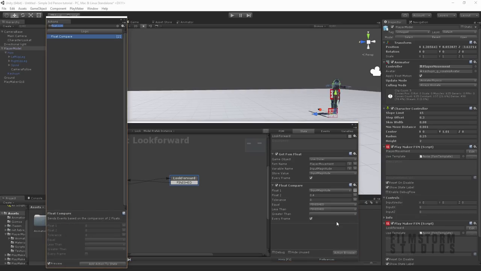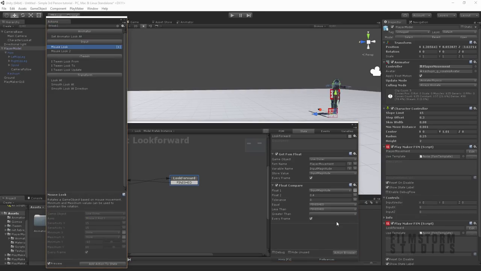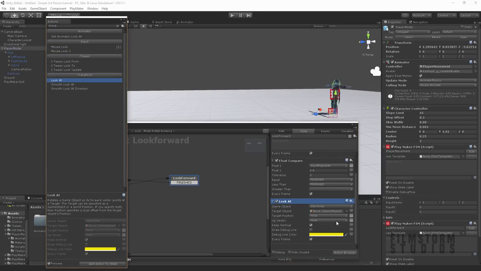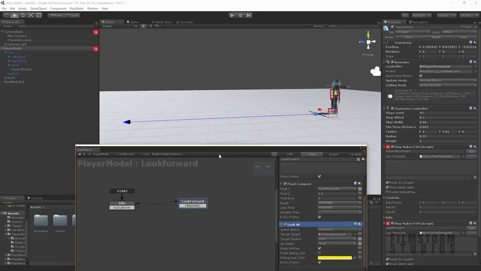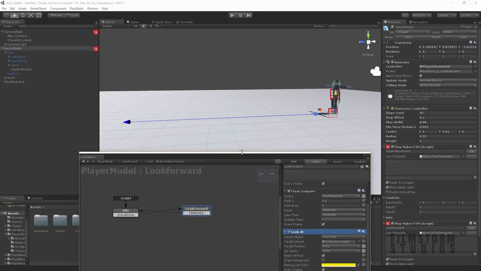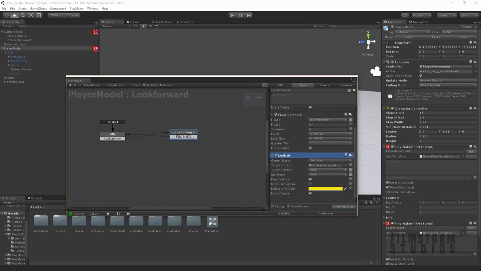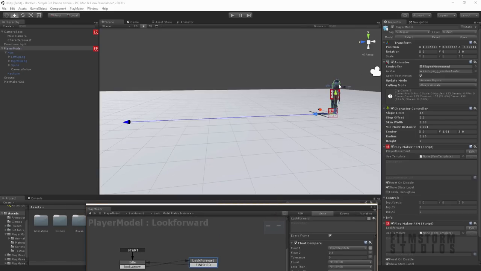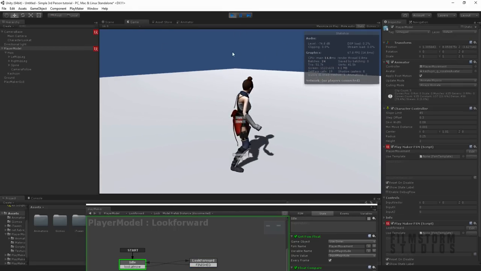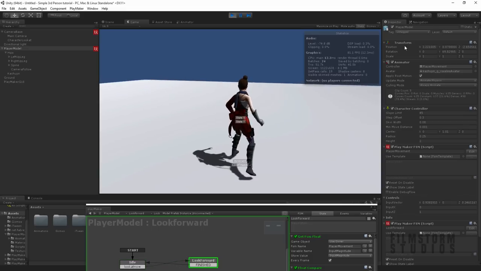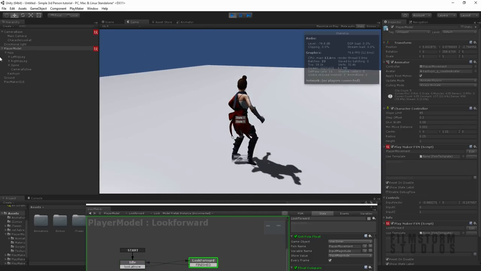And all we're going to do here is just say look at. And we're going to just be looking at the target object. So in the target object is the character look at. You notice it creates a little vertical line. We want to say keep vertical so the character doesn't actually point upwards and doesn't look right. So let's just press play, and you'll notice that when I move the camera, she doesn't move, but when I actually push forward, she runs to where my character is pointing.